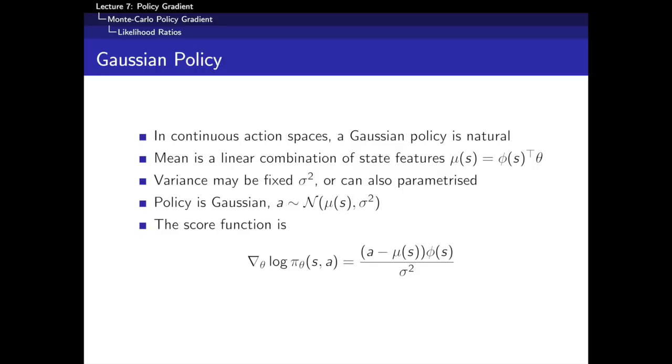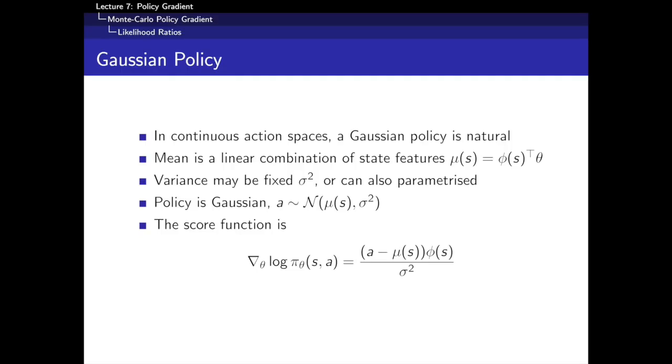variance around that mean, that says most of the time I'm going to take this mean action, that's given by, say, a linear combination of some features. But sometimes I might take some deviation from that mean, and there'll be some variance like sigma squared, which could also be parameterized. You could have a variable variance. But the simplest case is to say now the action is selected according to some normal distribution with mean mu of s, where this might be a linear combination of our features. Like before, we've got features of our state and some weights for those features, and some variance parameter. So basically we get to pick the mean, and then we just add some noise to that thing to make